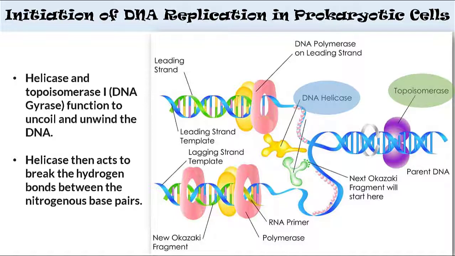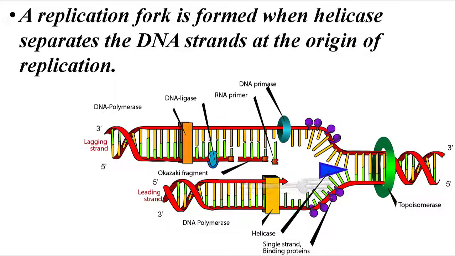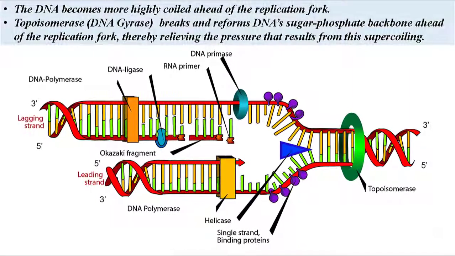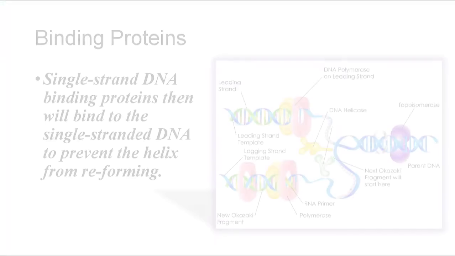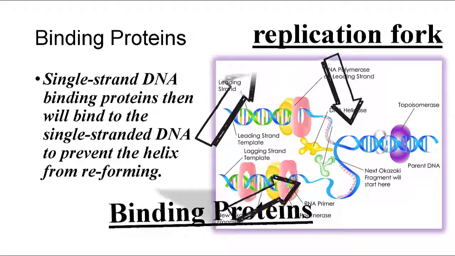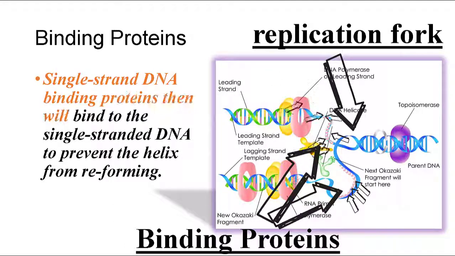Helicase then acts to break the hydrogen bonds between nitrogenous base pairs. A replication fork is formed when helicase separates the DNA strands at the origin of replication. DNA becomes more highly coiled ahead of the replication fork. Topoisomerase, or DNA gyrase, breaks and reforms DNA's sugar phosphate backbone ahead of this replication fork, thereby relieving the pressure that results from supercoiling. Single-stranded DNA binding proteins will then bind to the single-stranded DNA to prevent the double helix